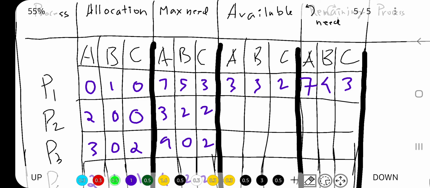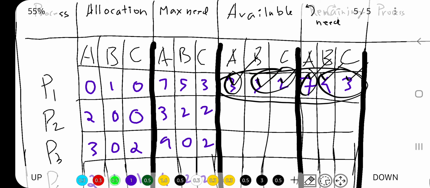Yes or no? That we are trying to find out. Okay, so the need of the first person can be satisfied with the available resources. You tell me. For this it cannot be satisfied, this also cannot be satisfied, and this also cannot be satisfied. Even if two of these can be satisfied and one of them can be satisfied, still we won't consider that. All of the needs should be able to be satisfied with the available resources, then only we will consider that